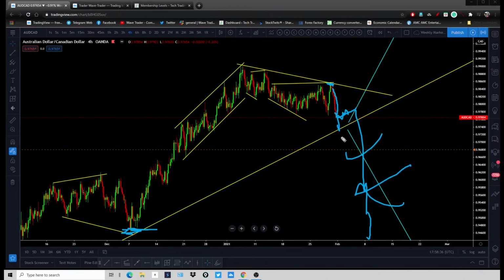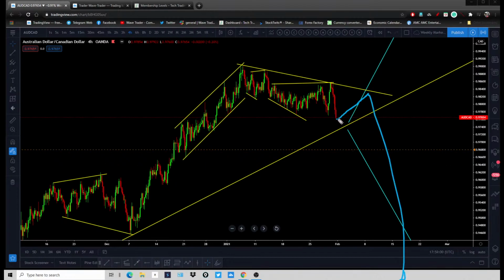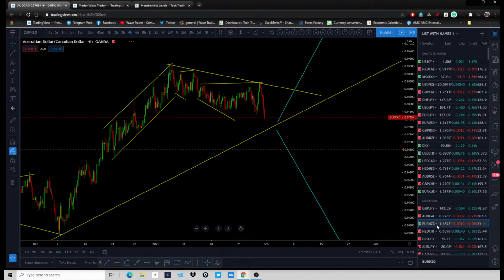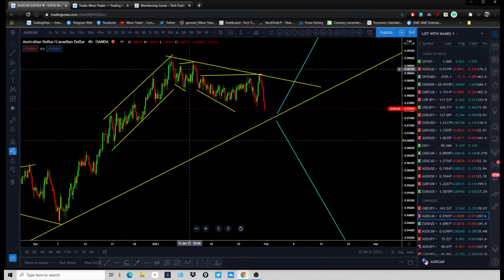But now price is trying to break out of this triangle for more downside. So simply correction and drop, or simply go back up for another short-term trade all the way back to that top, and then again sell from the top. Not the best opportunity because the opportunity is already gone, but throughout the week, in simple analysis, just use your